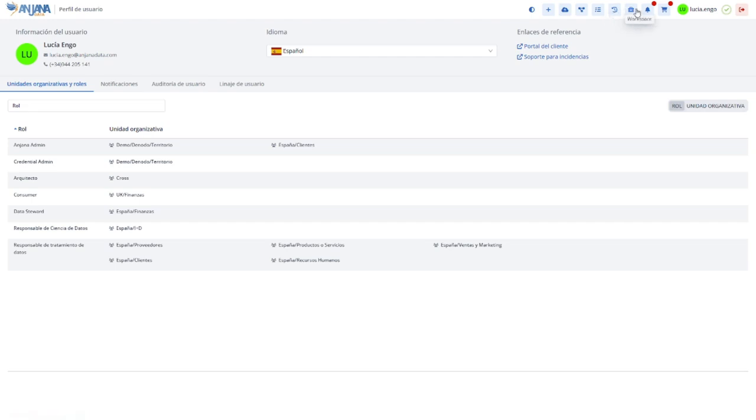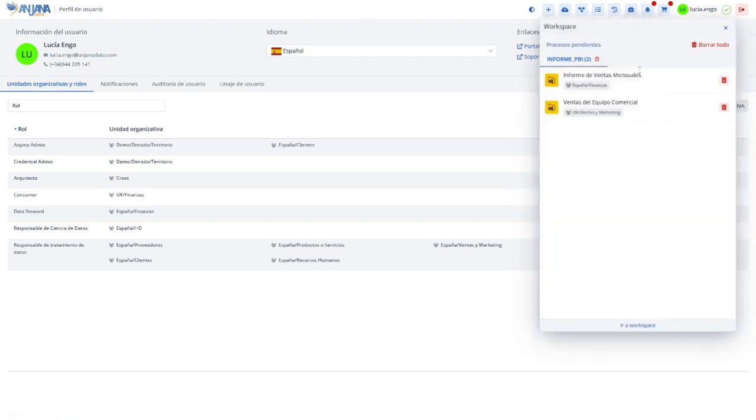In addition, starting with version 25.1 of Anjana, each user will have their own personal workspace, where users will be able to add different assets into their personal working environment in order to work with those assets. Users will be able to perform actions ranging from re-importing metadata through Excel, to downloading information, sending bulk notifications by email, or executing mass metadata updates,